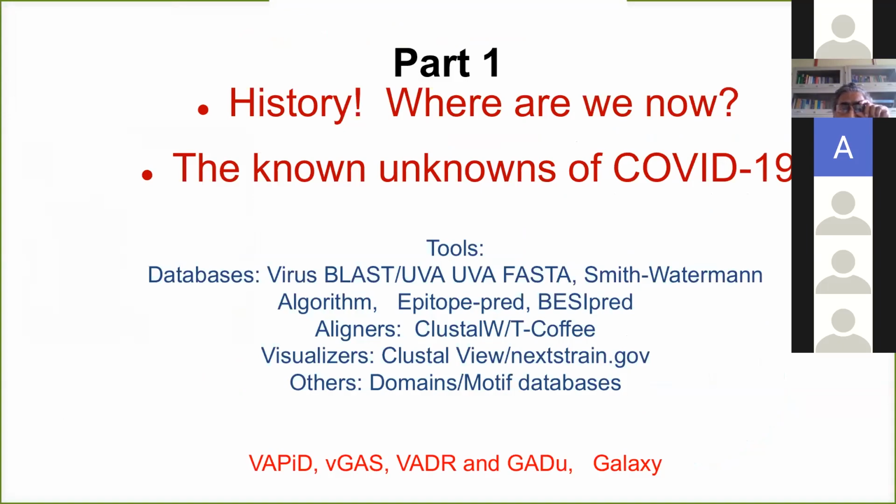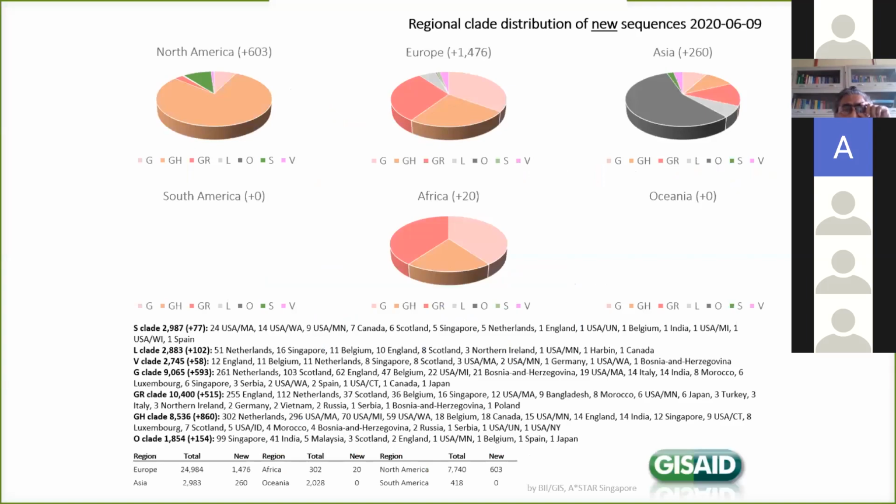So where are we now? If you ask about the known unknowns of COVID-19, there are a number of bioinformatics tools, listed on this page as you can see. They are produced from GISAID, the global initiative for sharing all influenza data. About 9,000 assemblies of SARS-CoV-2 are listed, of which about 683 as of today are Indian SARS-CoV-2 genomes.